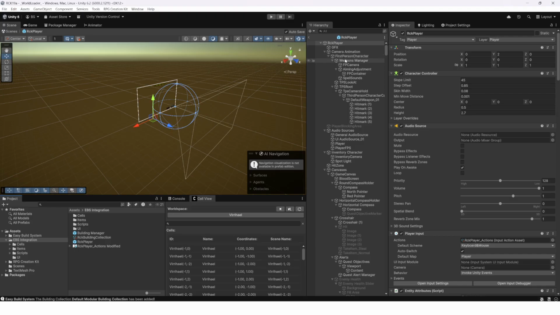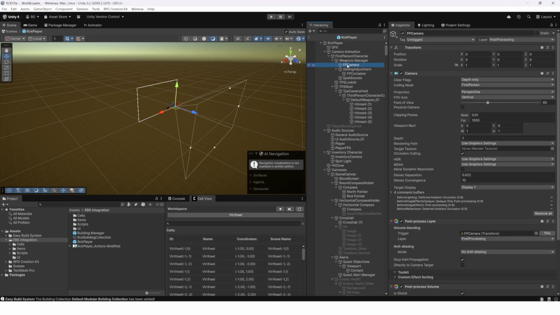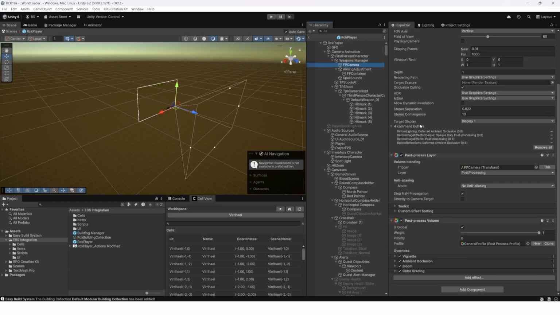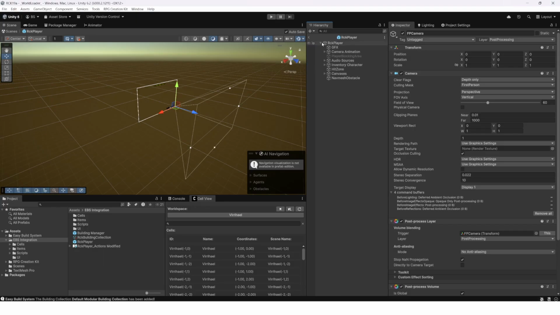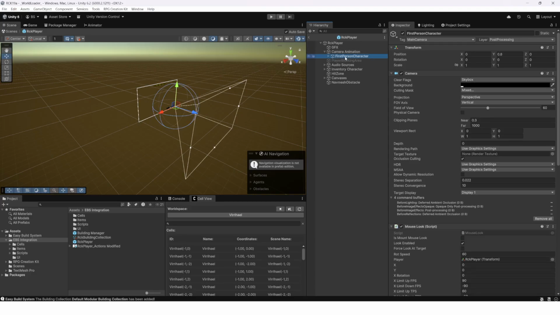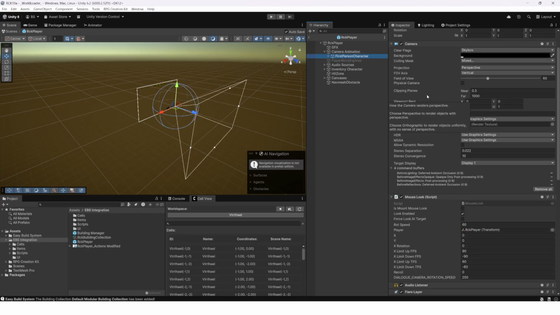So if you look at the first person character, first person camera, for example, no, that's not it. Hold on, let me hold Alt, close that. There's too many things. Okay, camera animation, first person character. Okay, it's on the first person character